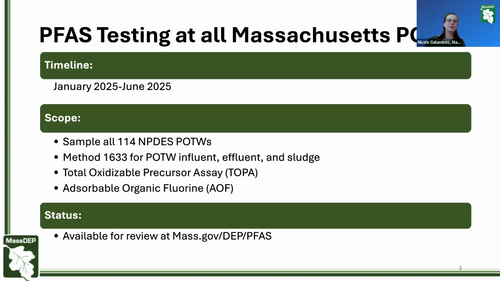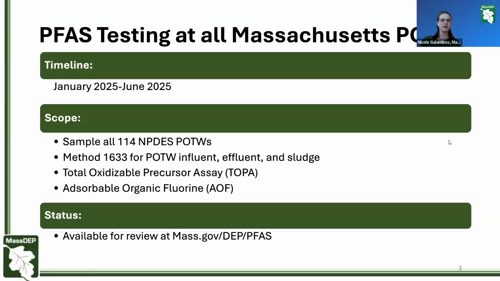The report presents data on PFAS entering POTWs, the influent, leaving POTWs, the effluent, and in wastewater sludge. Data included samples collected for this study in 2025, as well as data from permit-required monitoring. PFAS was tested in 3 ways, which we will describe in more detail on the next slide. The study is publicly available through